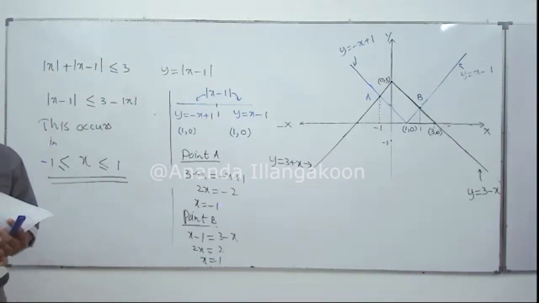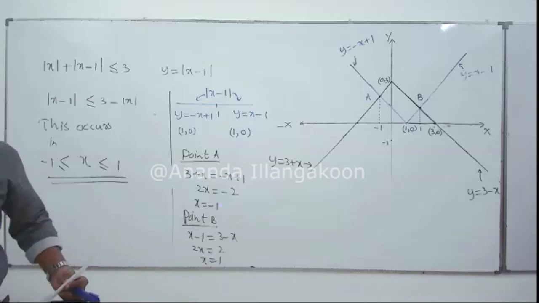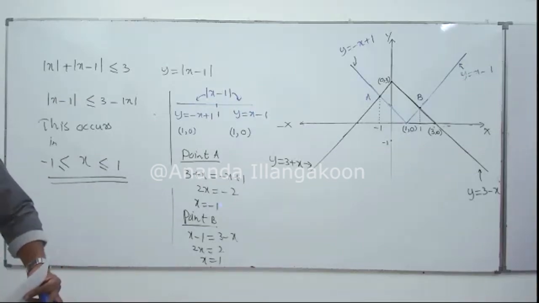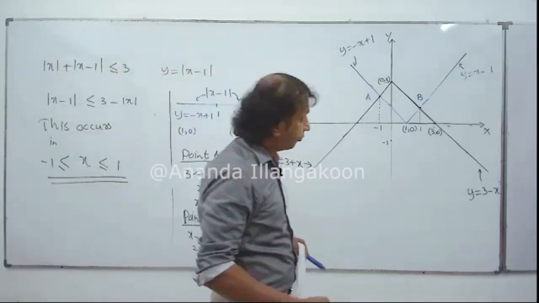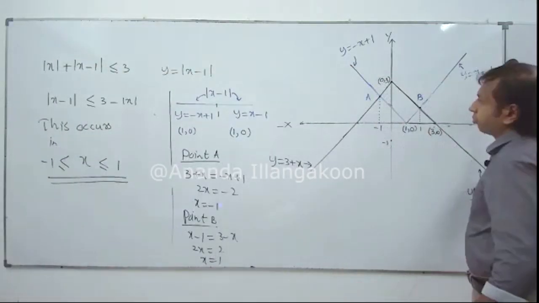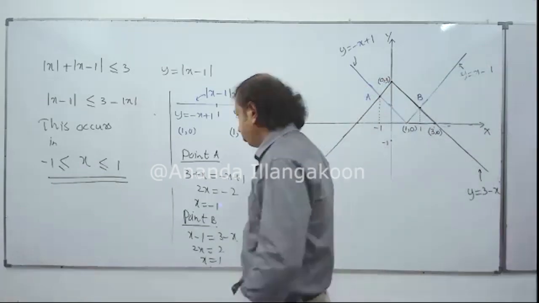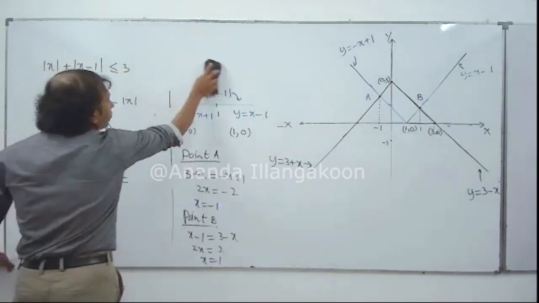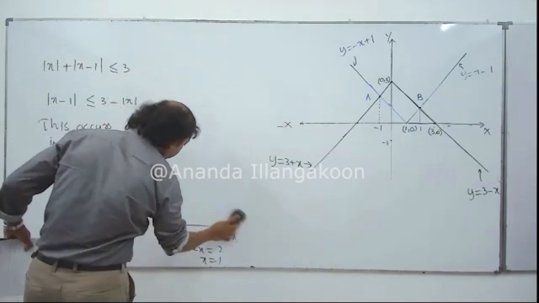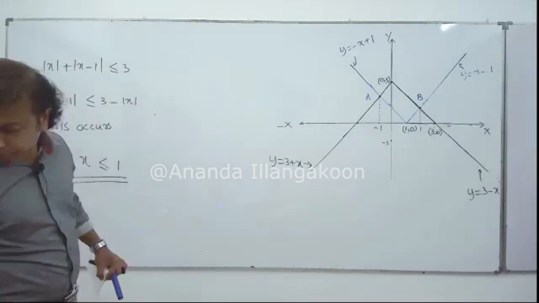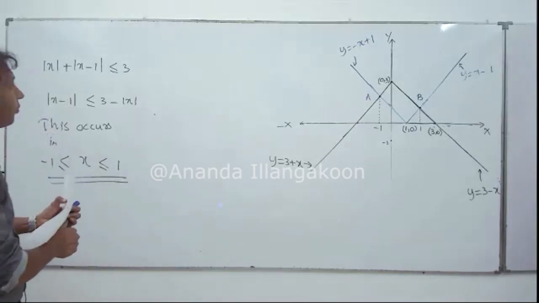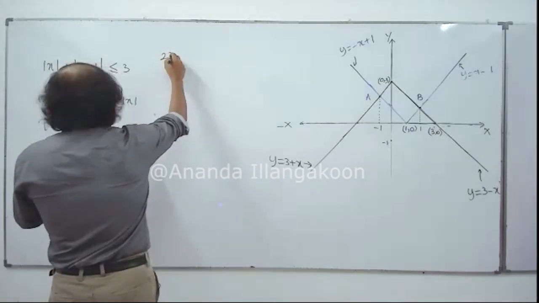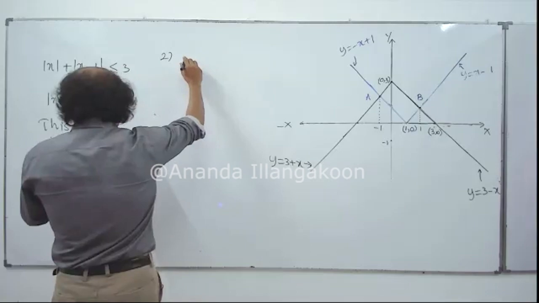Second question, take question number 2. Okay, now people, I'll erase this now. The second one is a limit question: limit x going to 0